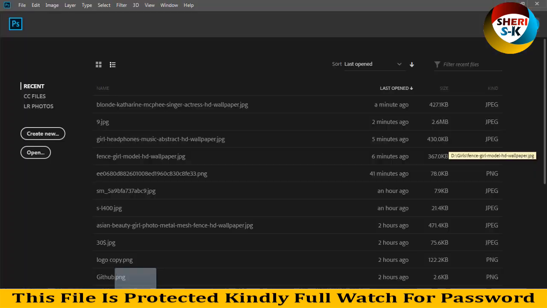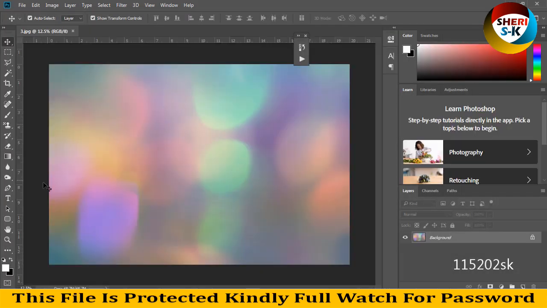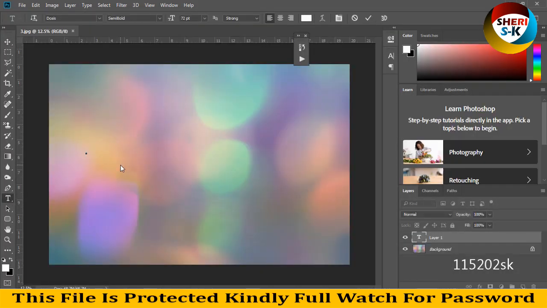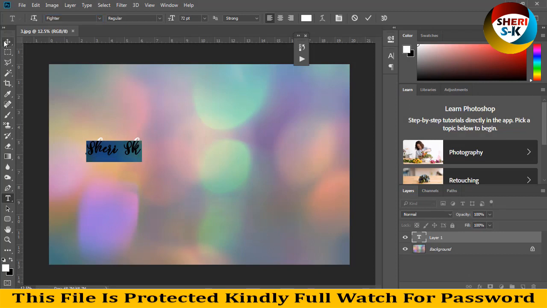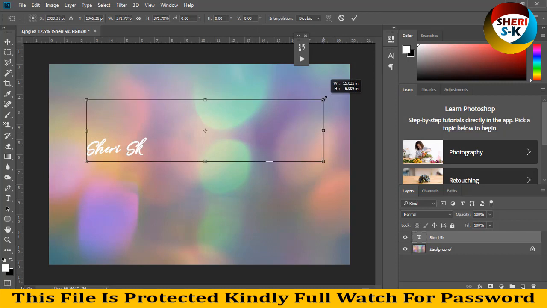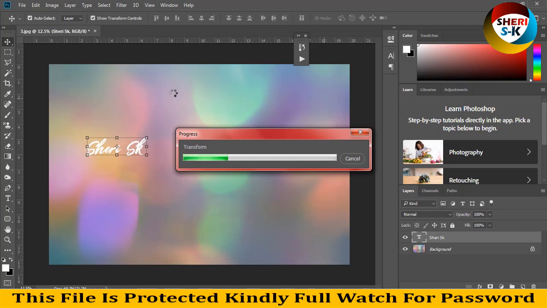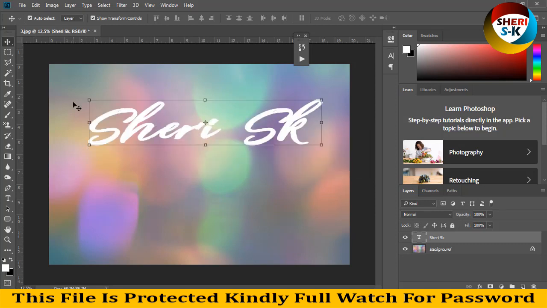for example like this. You know, you can use it as a background, you can use it as an overlay. Sheri SK, change the font, whiter. Enter. These are large files, that means high definition. And you can write anything,